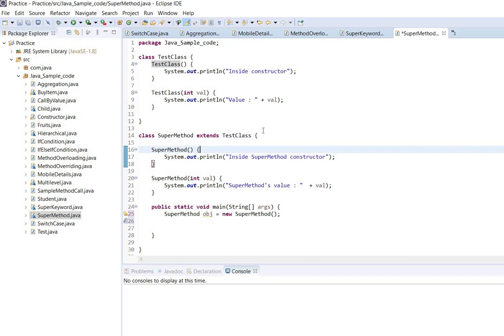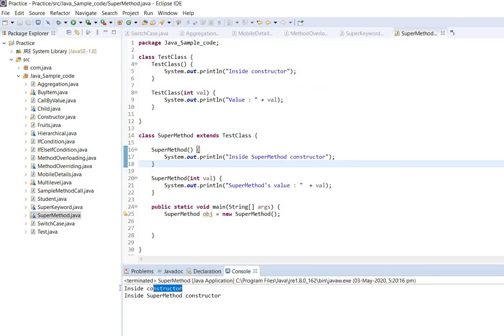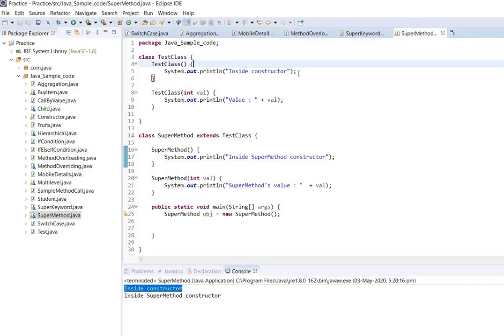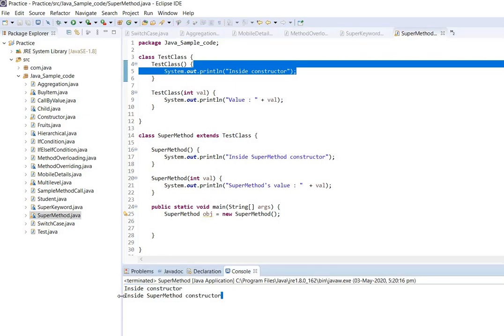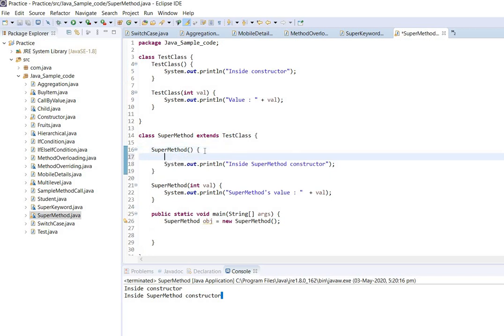So I'll just run it. What we'll see is it will print "inside constructor", and then it will print "inside SuperMethod constructor". See, it is printing first "inside constructor", and then "inside SuperMethod constructor", because internally it will be like this.